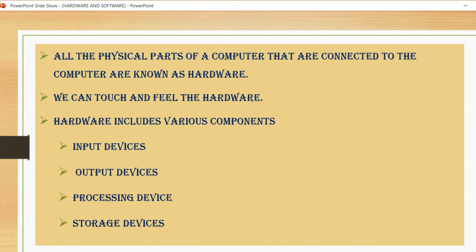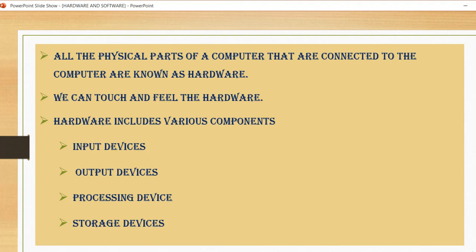we can categorize them in different types, as some devices are used to give the input to the computer. So those devices are called input devices. Some devices are used to get the output from the computer. So those devices are called output devices.